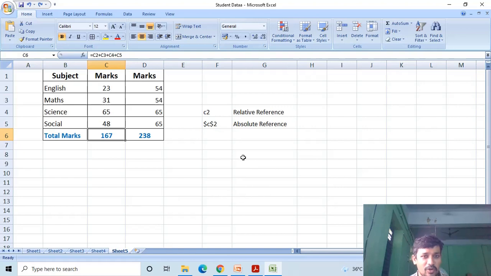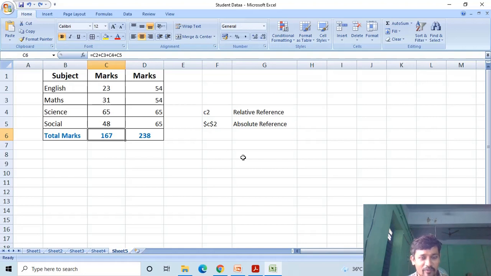Sometimes we need to write the formula using a constant. For example, if you are getting a 30% discount, then the 30% discount is constant for the day.